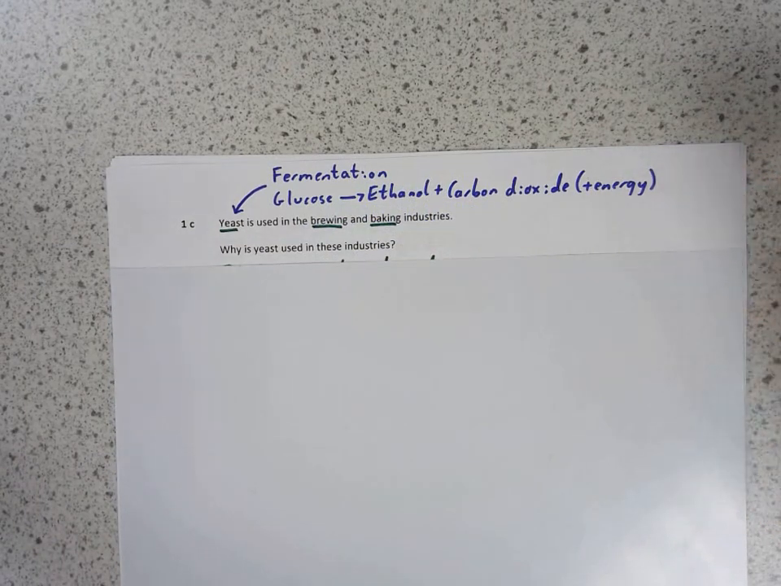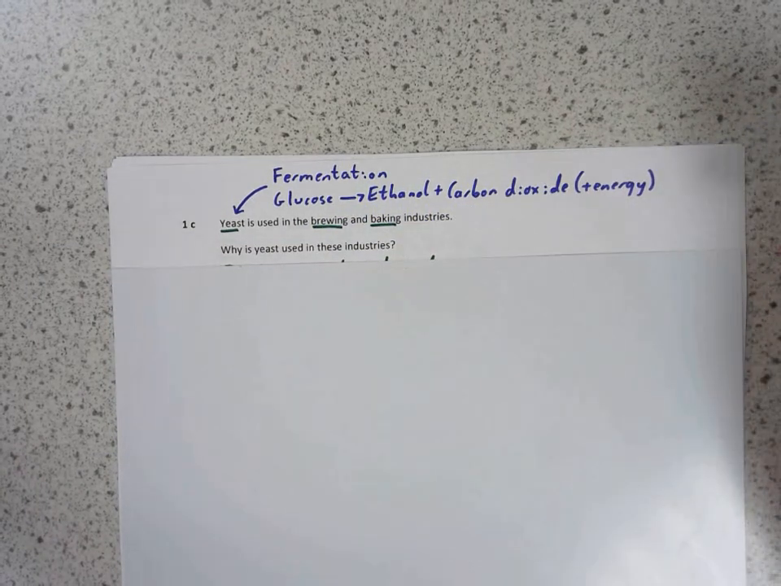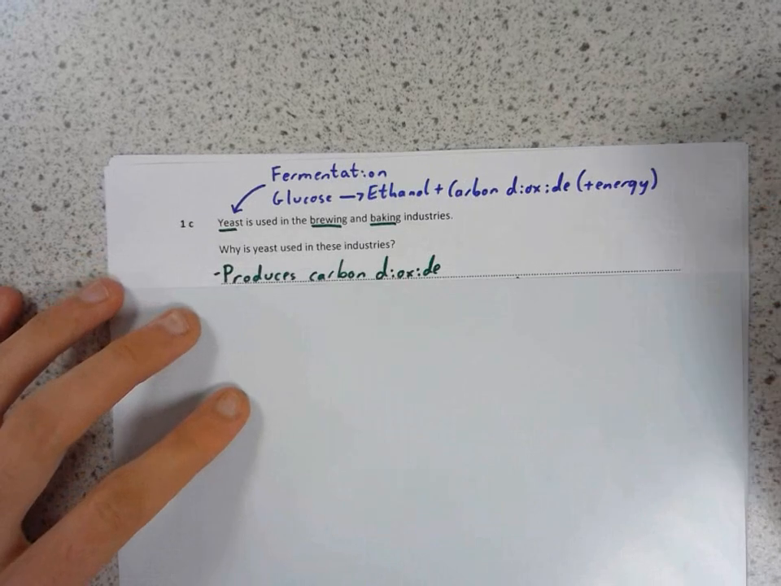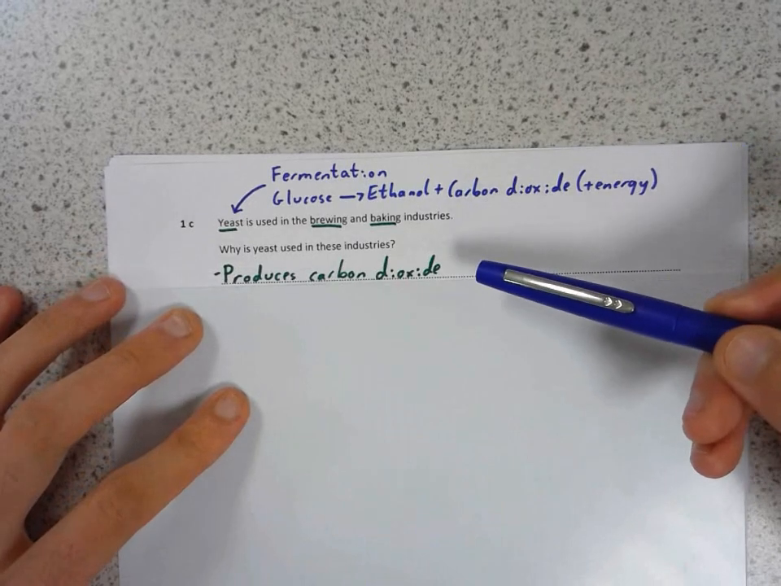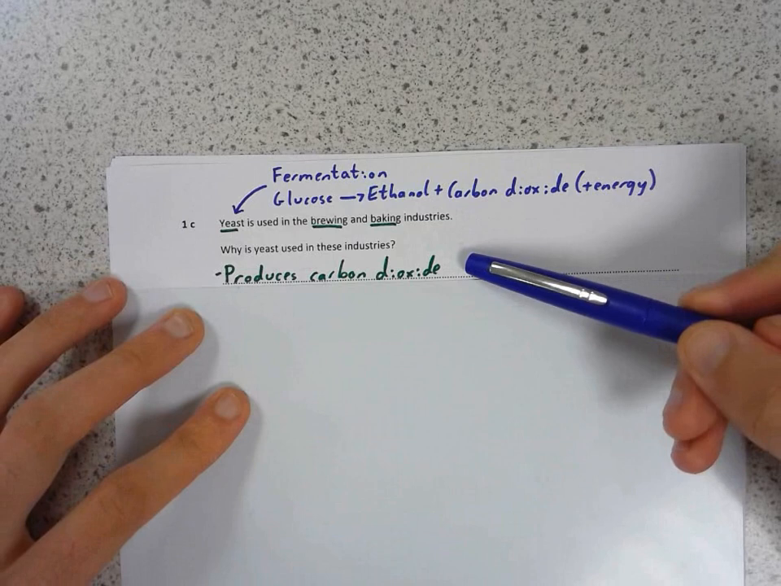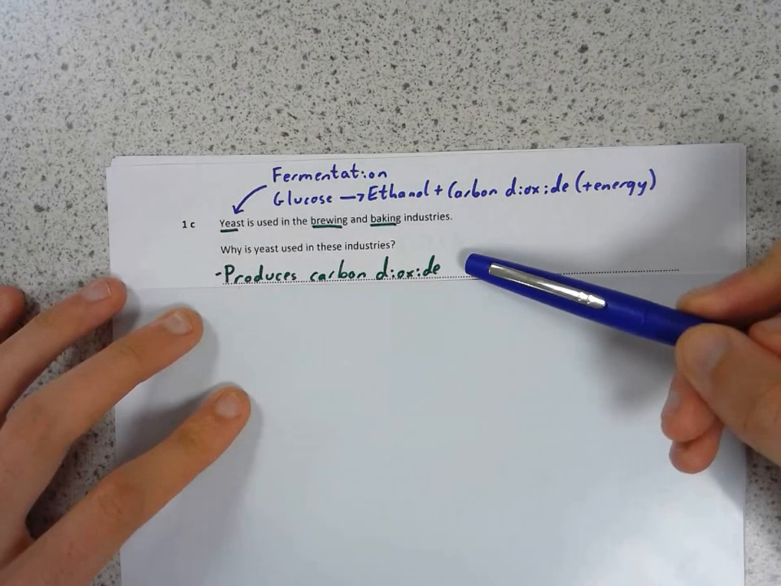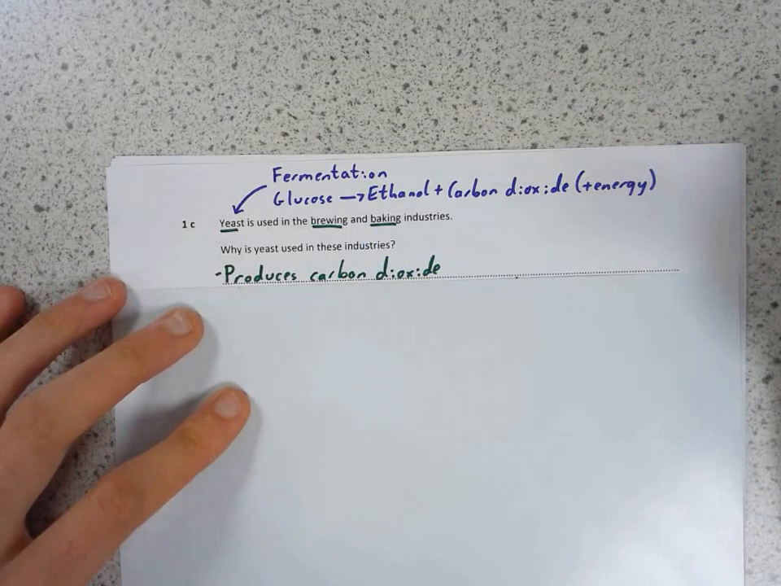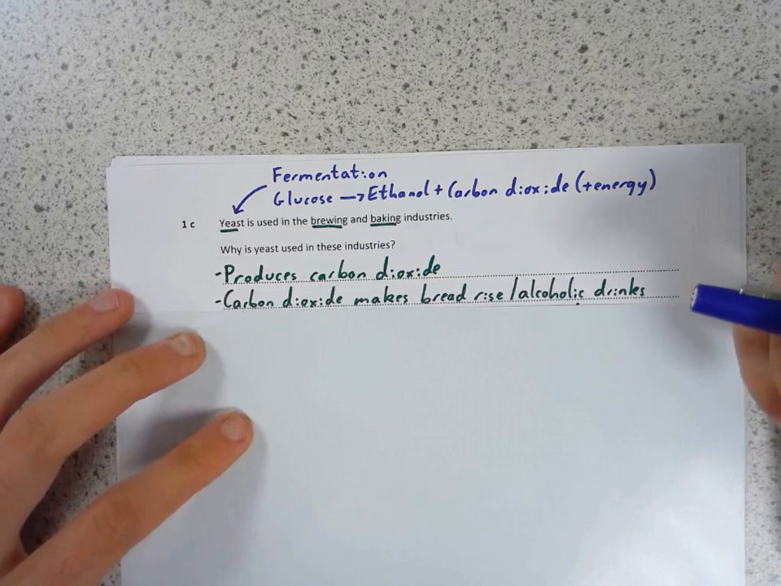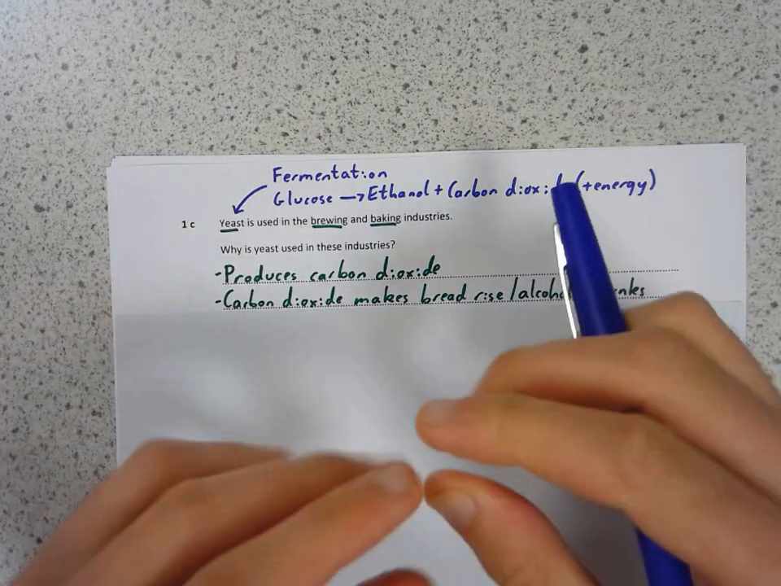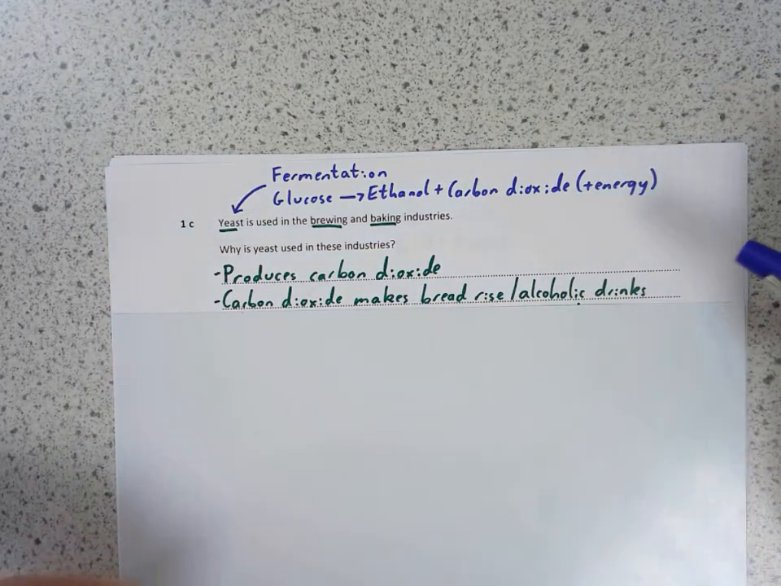Why is yeast used in these industries, in the brewing and the baking industries, we'll ask you. So, your first mark is if you tell me that yeast produces carbon dioxide. However, we need to say why is that useful in brewing and baking? Because carbon dioxide can make bread rise, it produces little bubbles in bread, making your bread rise from that dough,